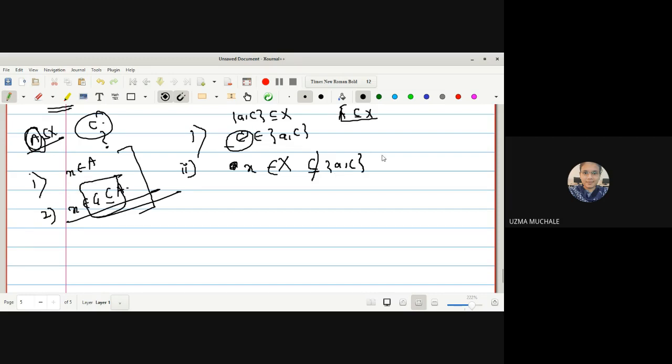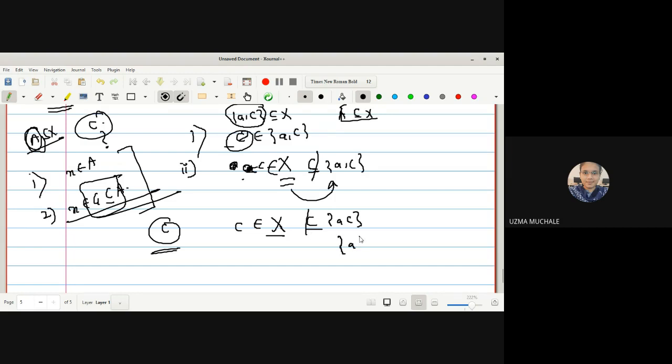That is, we are not getting one open set which is contained in this. No doubt it is an open set which contains the element C, but that open set is not contained in your selected set. What is your selected set? AC. Understood? Yes, ma'am. For point C, we have only one open set X, but there is no set contained in that. So we can say this condition is not true.